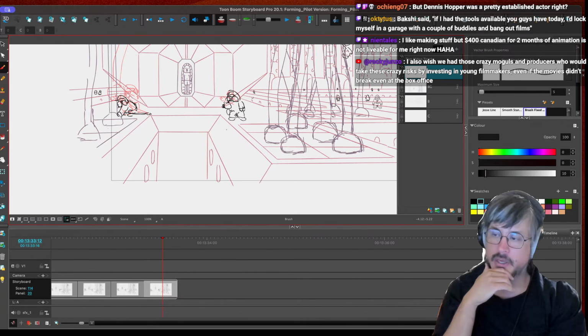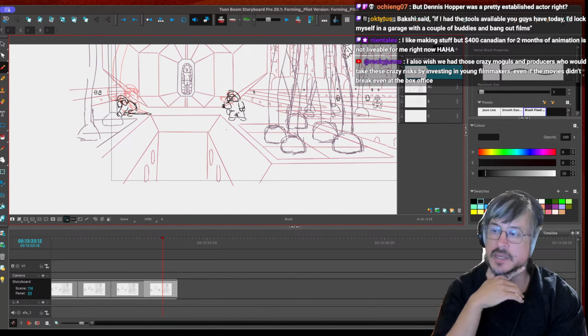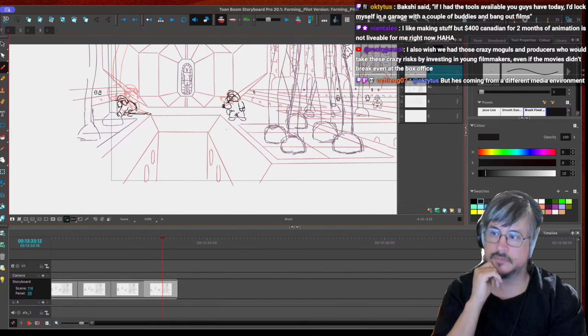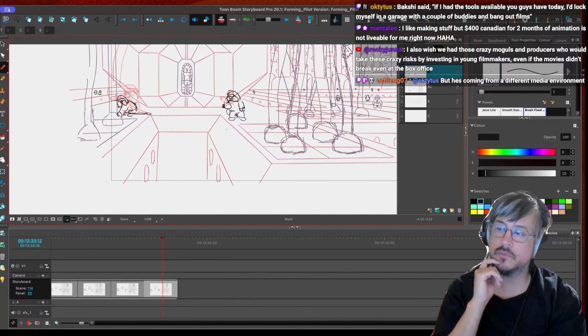Yeah, but I think the new model of making stuff is just working within your means. Figuring out what the limitations of what you're working on are, and then making the best thing you can make within those limitations.